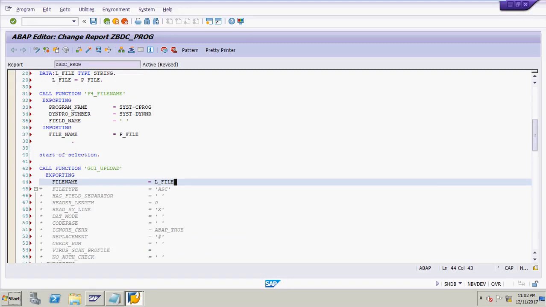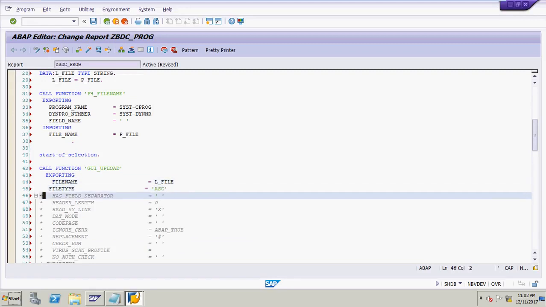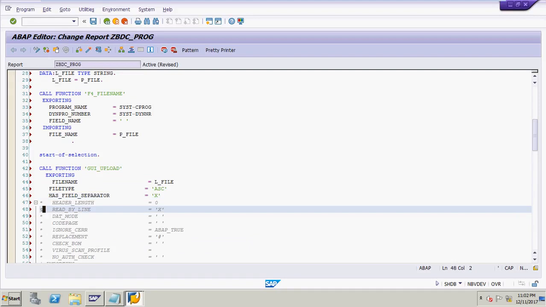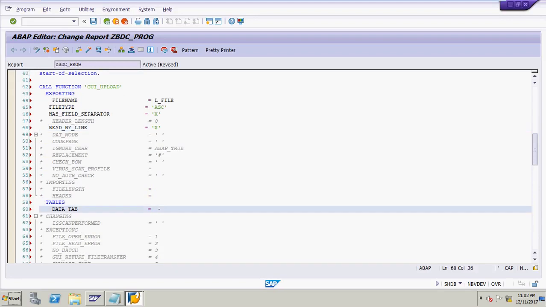File type, uncomment this line, file type is ASC, and has_field_separator is X, and read_by_line is X, and in tables, data_tab is the internal table IT_LFB1.